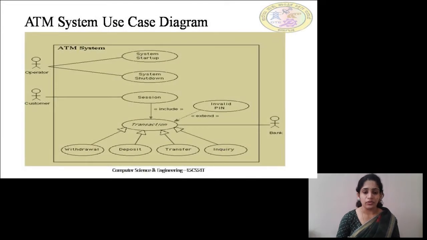These are the possible use cases that have been associated in the diagram. As I said, we can create any of the use cases depending upon the applications. So these are the use cases, and mainly we have 3 primary actors: operator, customer, and the bank. Here the operator and the customer are the main actor persons. Here the bank can act as a system.